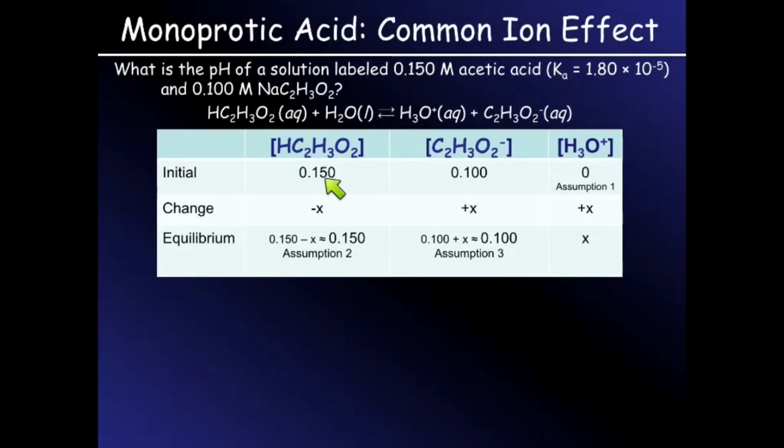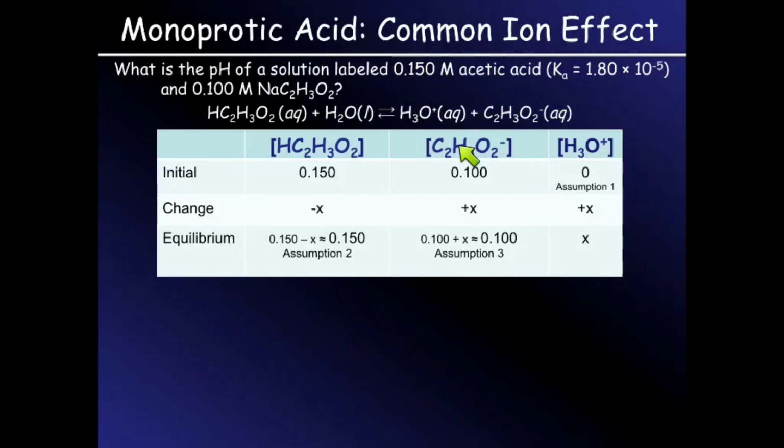So here's a problem. What is the pH of a solution that contains 0.15 molar acetic acid and 0.1 molar sodium acetate? Well, if we look, we can notice that this is an acid, acetic acid, and if you remember the formula for acetic acid, HC2H3O2, you'll recognize that this is sodium acetate, and this right here is the conjugate base to acetic acid. So we now have this common ion in solution. This ion is part of acetic acid and it's part of sodium acetate, and it will now also affect the